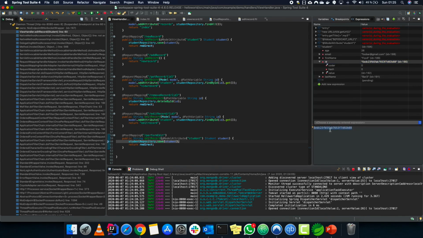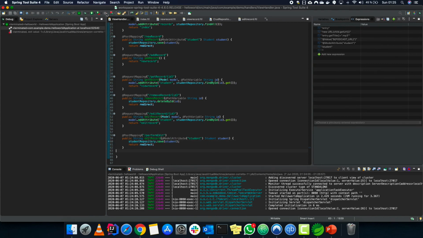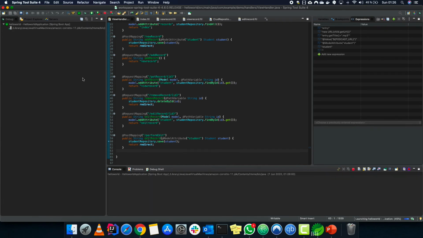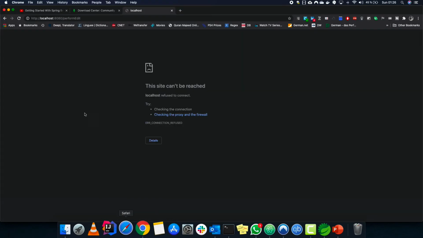So what MongoDB does is it gets the record with that particular ID and then it updates it. Since the ID is already there, the new record is not added, rather it is updated with the new fields. So this is how our application is working. Let's go through it again, just a quick view, of how the application is working, adding new records, showing and all that.